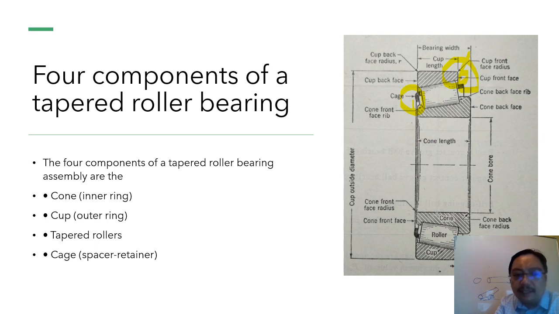Tapered rollers and cage, space retainers. Okay, this is the cage. Okay, you can see where is the cage and where is the tapered roller. Okay, so different in only